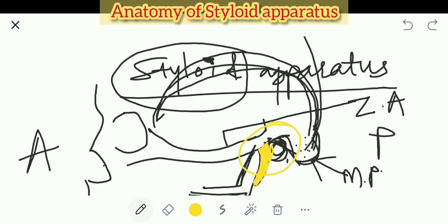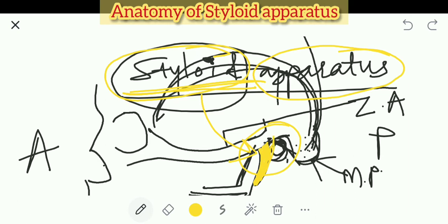They will ask you about the styloid apparatus. So this is the diagram, just for your understanding, a pictorial presentation. Apparatus means stuff. Whatever material we're going to discuss related to the styloid process is nothing but the styloid apparatus. Usually it is asked as a SAQ, but it's important during your surgeries in this region.